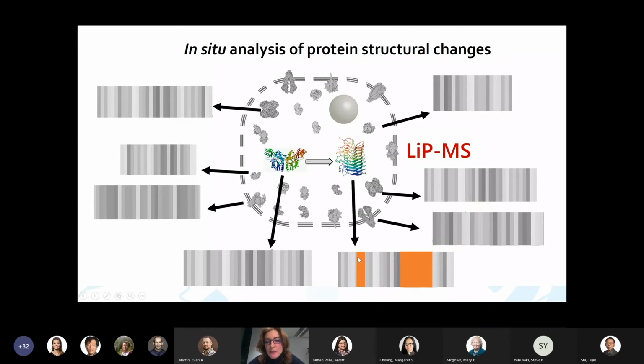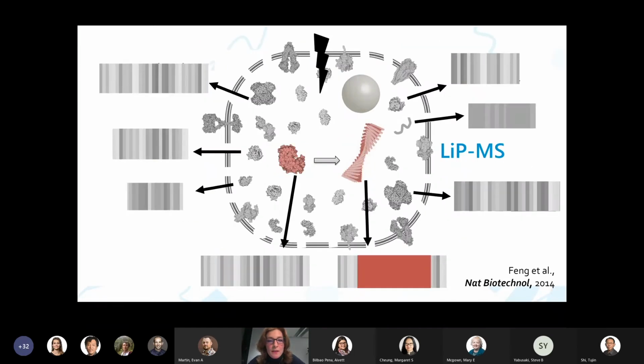For example, in this case, you see the protein here with the orange bars. So this is the structurally altered protein. And based on the position of the bars, we can tell where exactly the structural change occurred. Now we say with a resolution of around 10 amino acids, because that's the average length of the peptides we measure. So when we started developing this approach back in 2013, we tested it first on a pretty large conformational